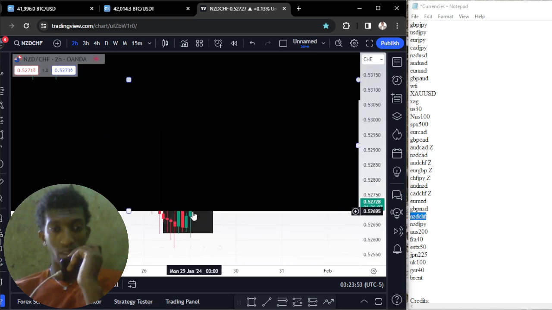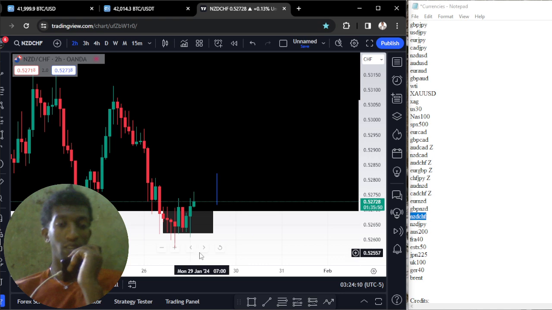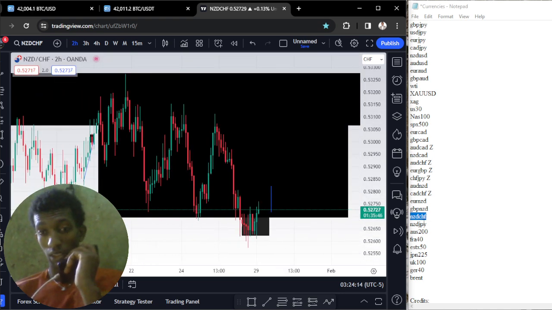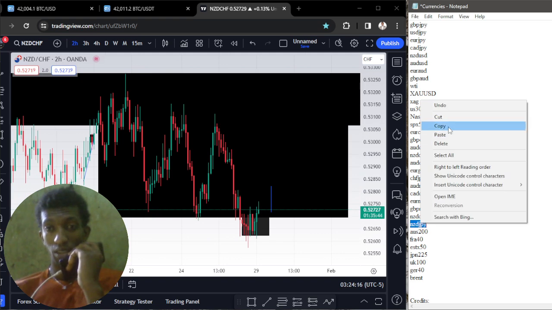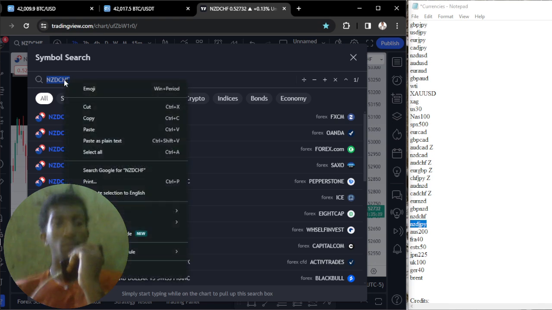Because this thing broke, right? This thing broke, this consolidation to the upside. Believe me, this thing will move to the TP right here. Our TP is up there. It is up there, right? It will move up there. So we will watch it. I'll show you in the next video if I make something, right? This is Kiwi Chef, right? So let's go to